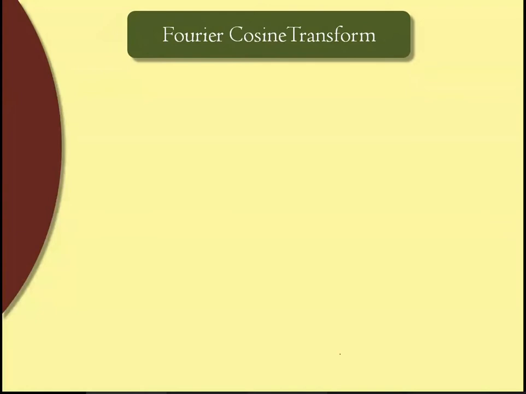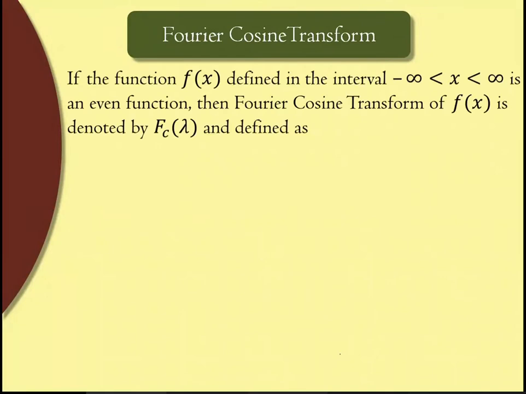What are the different types of Fourier transform we have? Okay, the first type is a Fourier cosine transform. Now, what is this cosine transform? If the function f of x defined in the interval minus infinity to infinity is an even function, then the Fourier cosine transform of f of x is denoted by fc lambda and is defined as